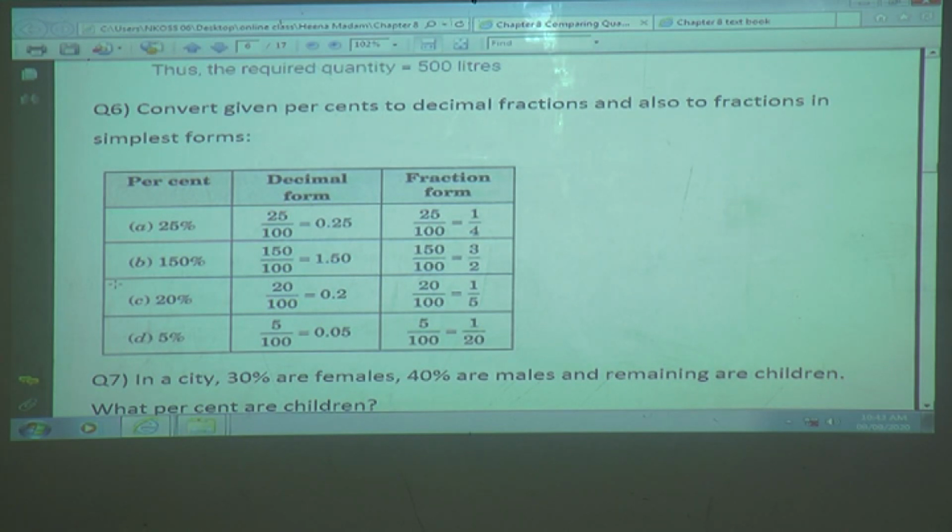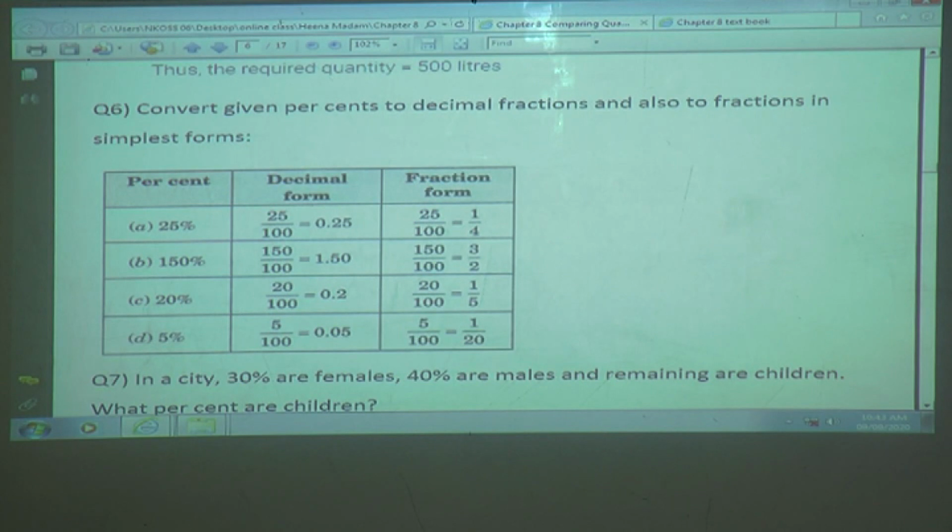So you can understand, when it is given in percentage we can write it in decimal form as well as fraction form. Here 150%, percent means always out of 100, so we write it as 150 upon 100, which is written in decimal form as 1.50, because we move 2 digits backward, to the left-hand side. After 1 and 2 digits we give the decimal, so it will be 1.50. So what will be the fraction? 150 upon 100.